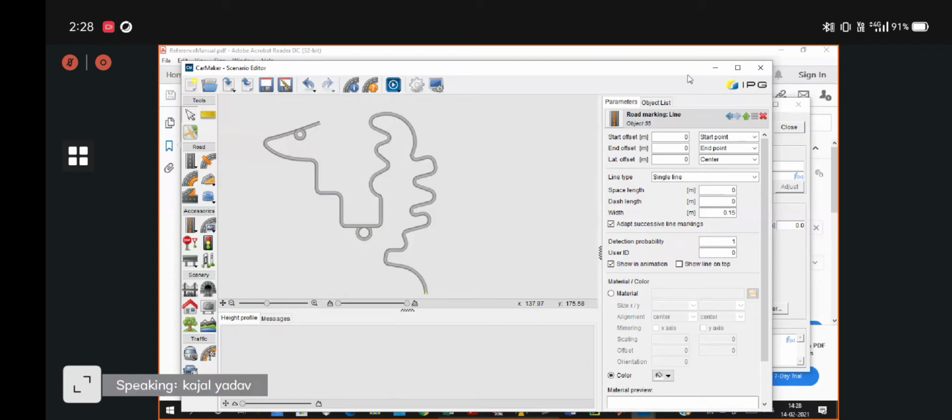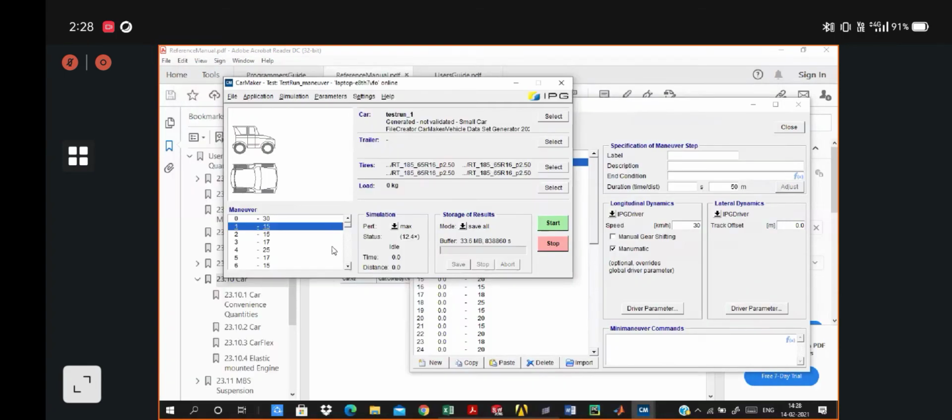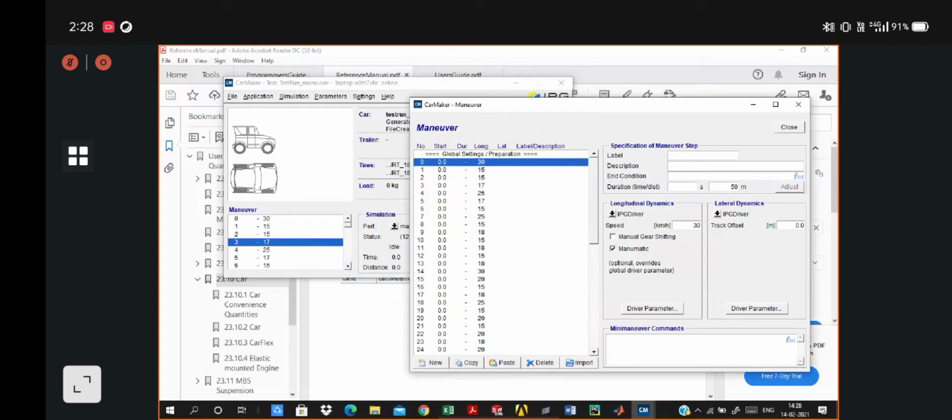Coming to the maneuver, since there are various turns and straight patches, we have defined various maneuver steps as per the example track.